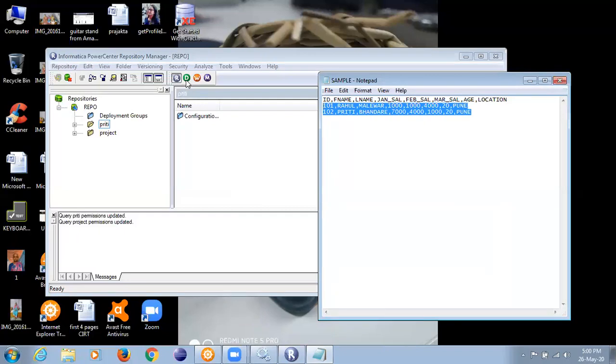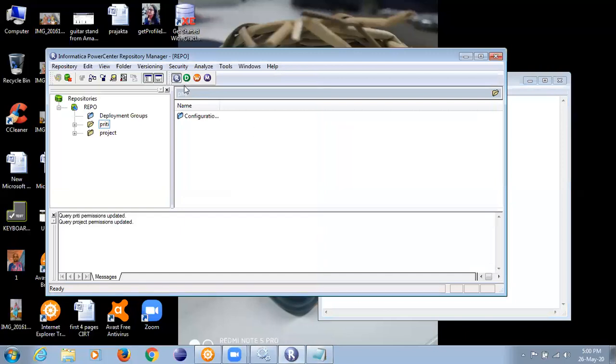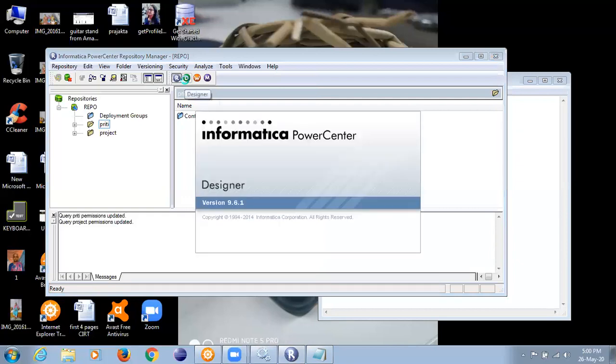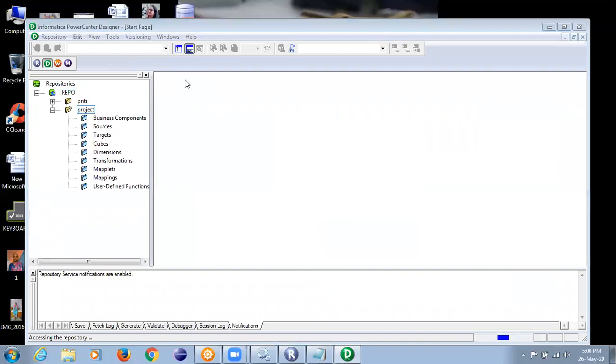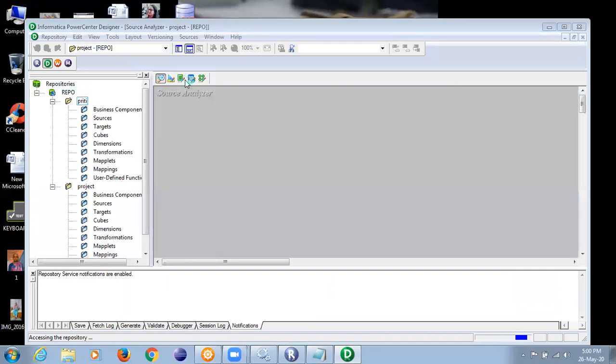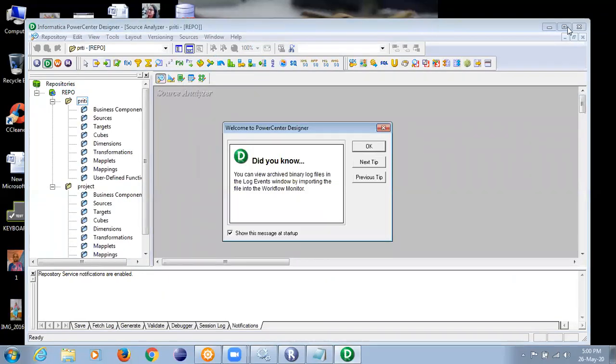So what I am now explaining, I am doing everything today. I want you to do all those things practically again. So we have understood the requirement. Let us start. So I'll open the designer screen. The designer is coming up. As you can see, the designer screen is available now. This is how the designer screen looks like.